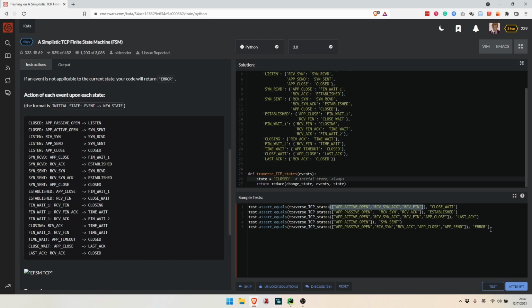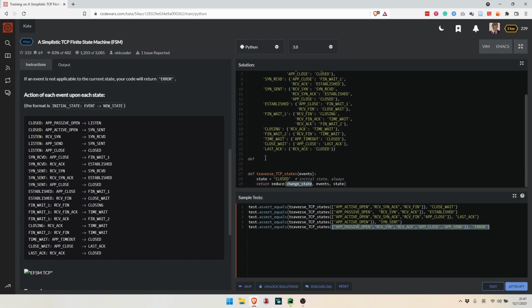So this is actually the final state we should return. And also, if there is a state change that is impossible, we should return an error. So how can we do it? Simple. Let's first define this change state function here. As you may still remember, we needed two variables here.